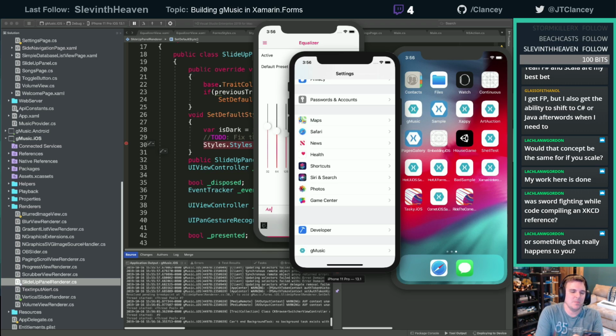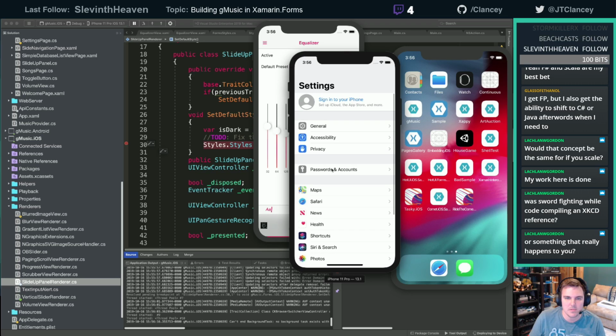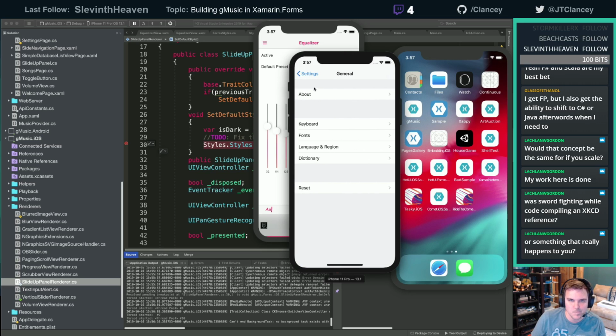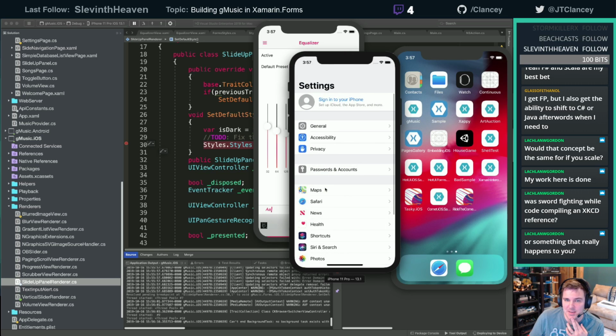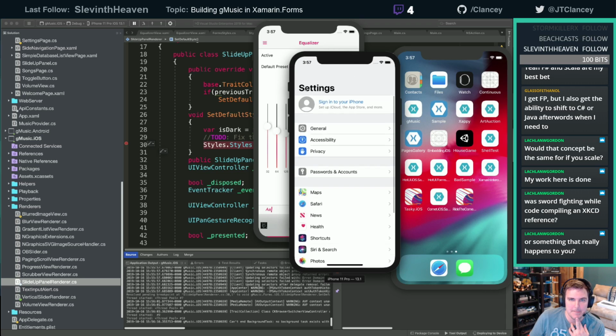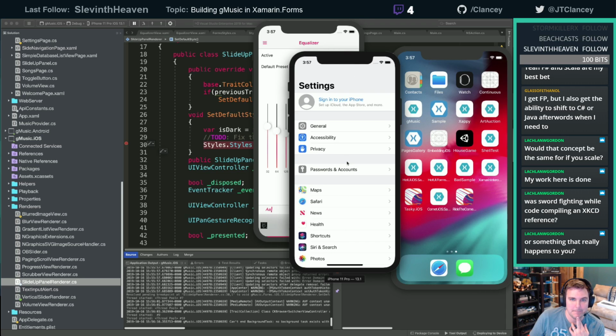All right, I'm gonna search on my phone because I don't know where it lives. Dark is under appearance, display, brightness. Do we not have that here? Yeah, settings, display brightness.